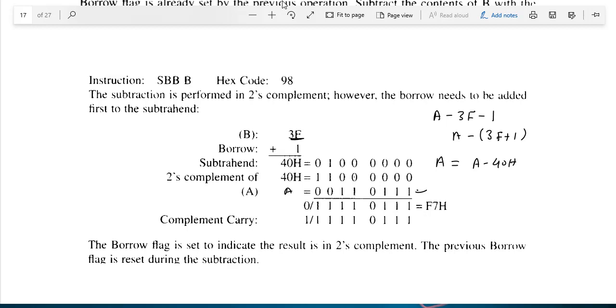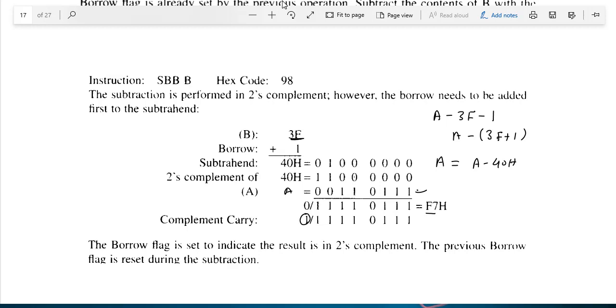So there is no carry flag generated by doing this operation, but we all know that whenever the carry flag equals 0, the processor will complement the carry flag. It will always complement the carry flag. So if it is 0, it makes 1. If it is 1, it will make 0. So 1 means this number is negative. So we have to take the 2's complement of this number to get the original number.